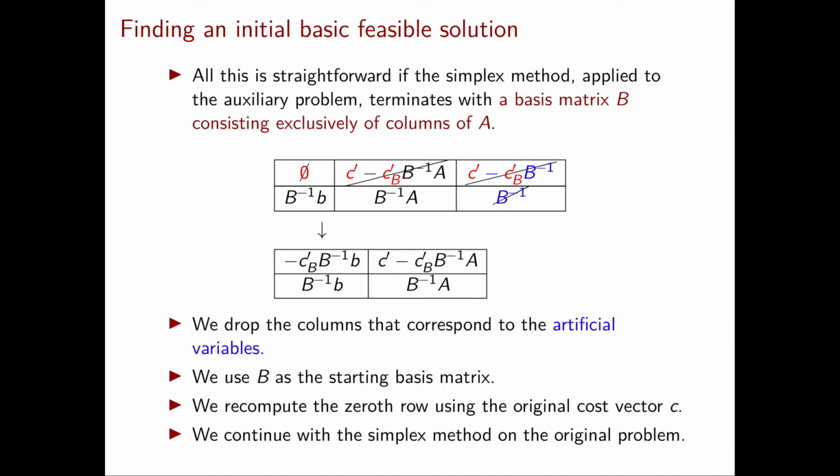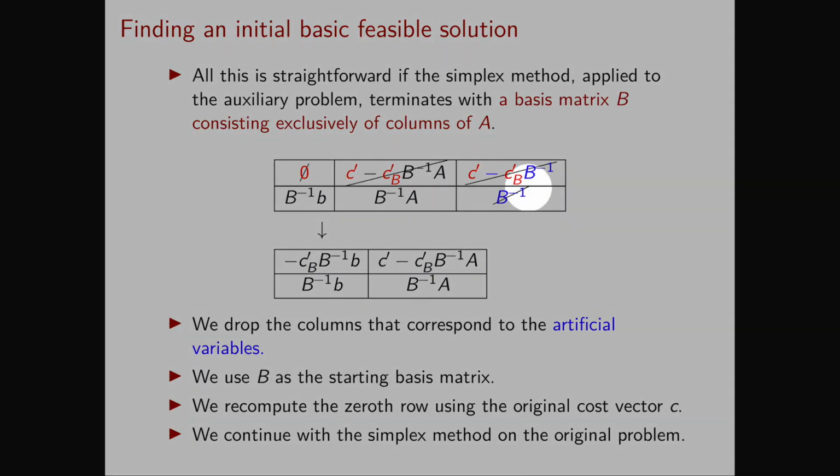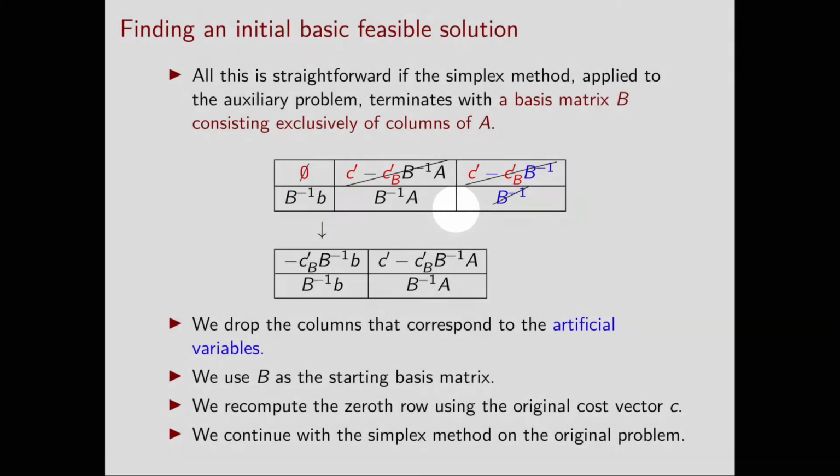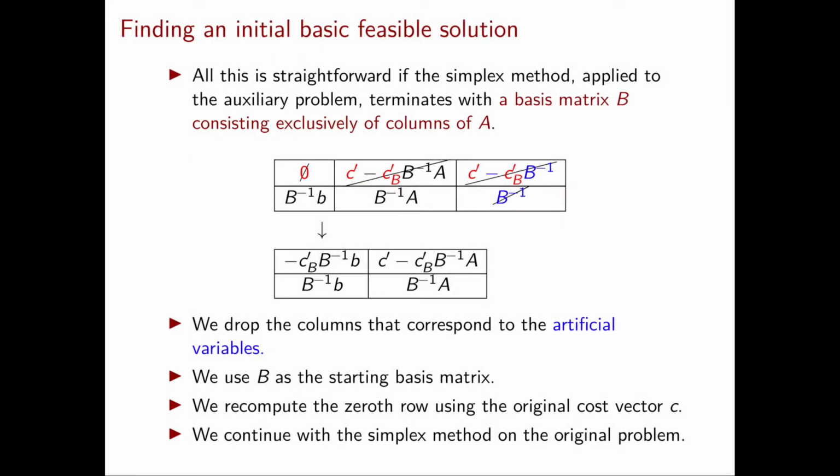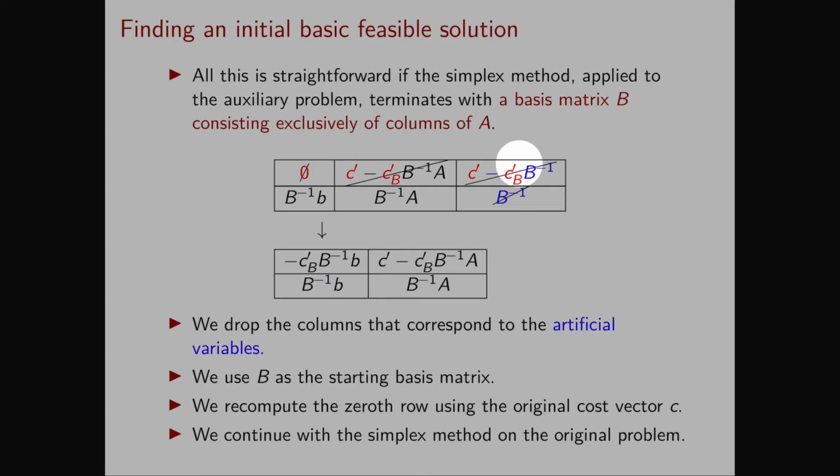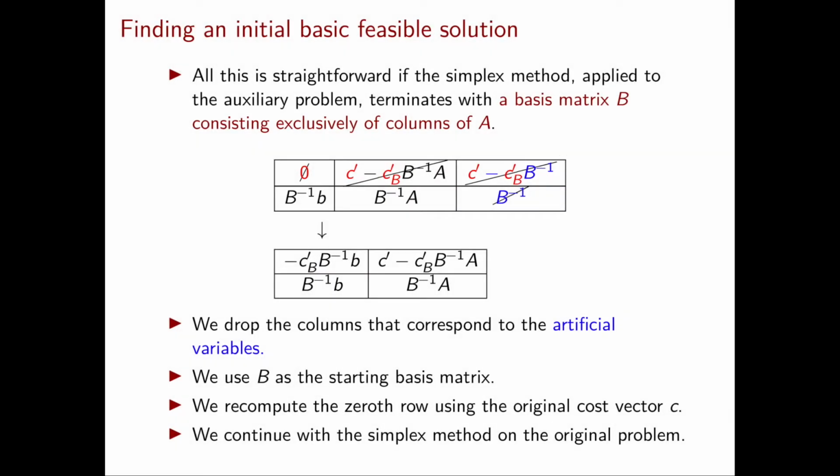If we write down the optimal tableau of the auxiliary problem, it will look like this one. In this tableau, I have added one vertical line here to divide the columns corresponding to the x variables from the columns corresponding to the y variables. The optimal cost is 0. The reduced cost will take this form. To obtain these reduced costs, you just need to recall the definition of the reduced costs and use the special form of the constraint matrix that we just discussed.